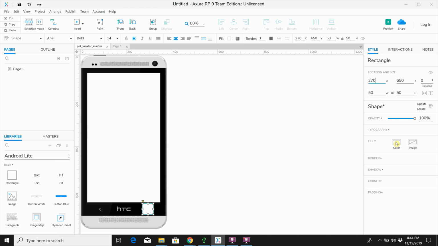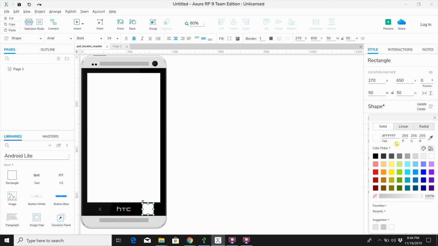I'm going to click on Color, and then this part here, right now the opacity is 100%, meaning that it's actually not very transparent. So I'm going to reduce the opacity, make it completely transparent so you can see the home icon underneath it. Okay,